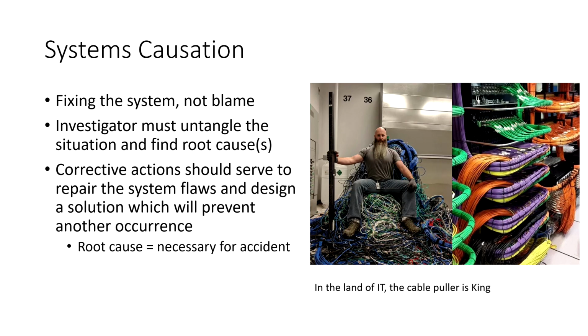But when you think about a root cause, when you hear that term, the difference between a root cause and other types of causes is that a root cause was absolutely necessary for the event to occur, which also conversely means without the root cause, the event could not have occurred. Doesn't mean an event couldn't have occurred, but the specific one we are looking at could not have happened without that root cause.